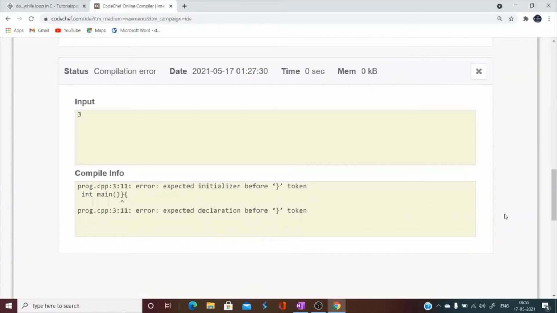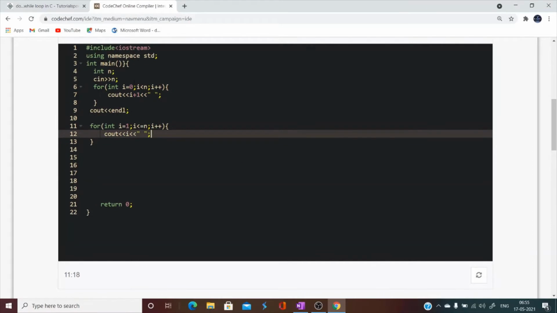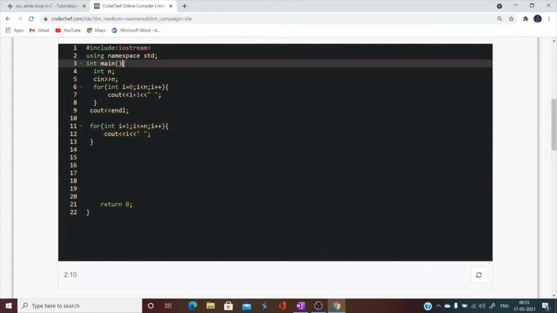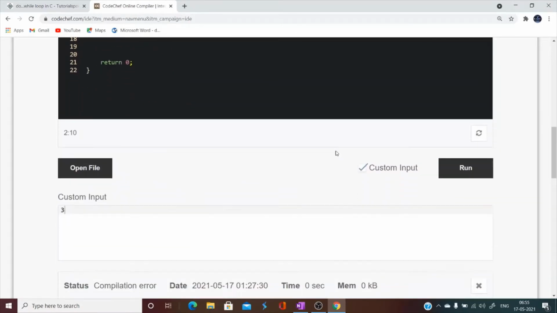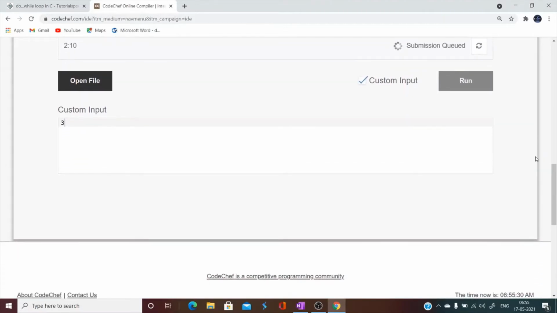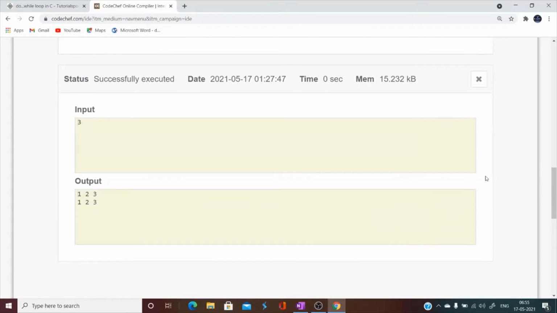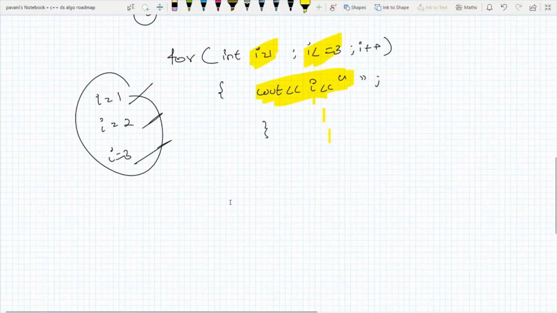Compilation. See, 1 to 3, 1 to 3. That's very simple. And now we'll look into the second problem.